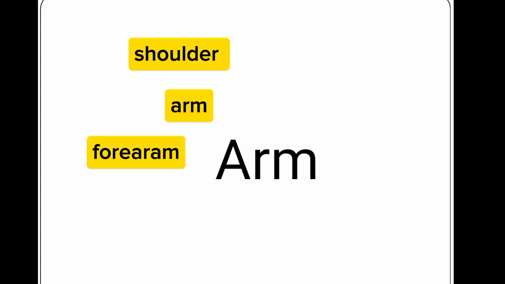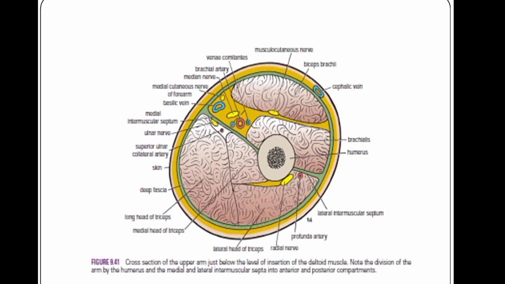Now let's move towards the region of the arm. The arm is basically a region that is present between the shoulder region, or scapular region, and the elbow or forearm. Now, when we see the arm from a superior aspect by taking a transverse cross section of the arm, it is enclosed in this sheath of deep fascia,